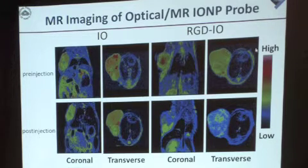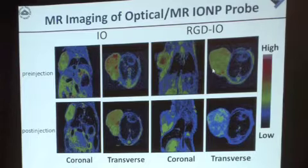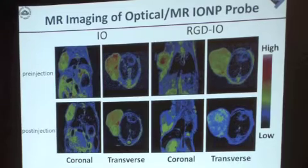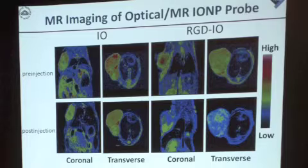Here, this color is of course a pseudo color. From here, you have a high signal, and here is a low signal. The iron oxide gives a negative contrast, so that's why you see signal reduction over time. And you also notice in the tumor area, it's not homogeneously distributed. It's heterogeneously distributed. Unfortunately, when a tumor grows into a certain size, it becomes very heterogeneous, and some areas are less